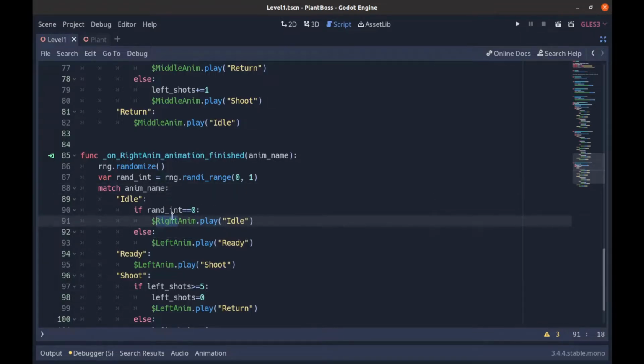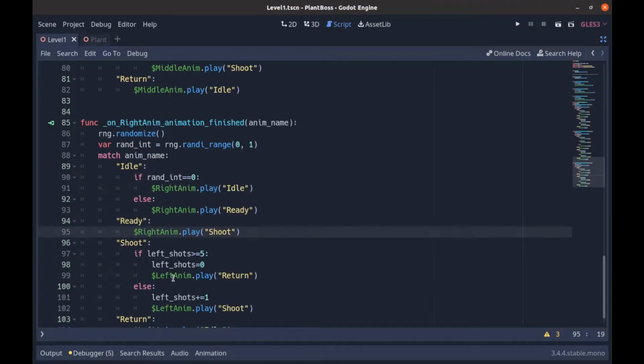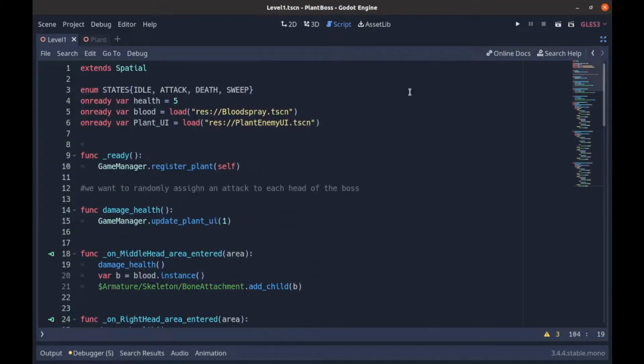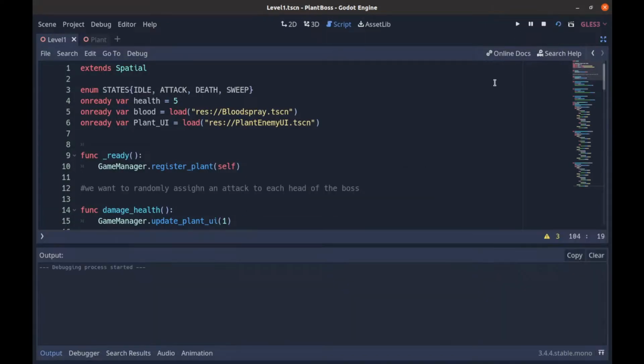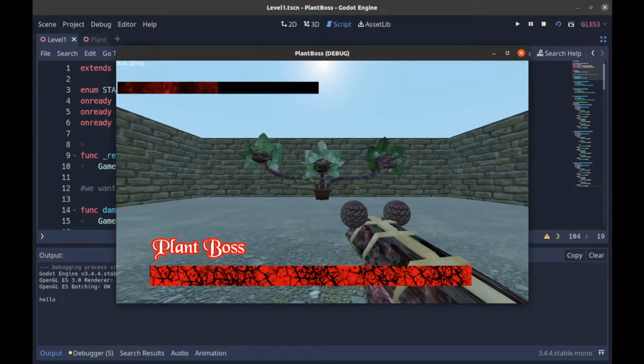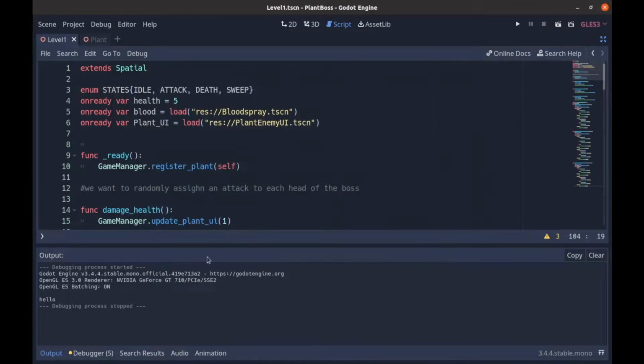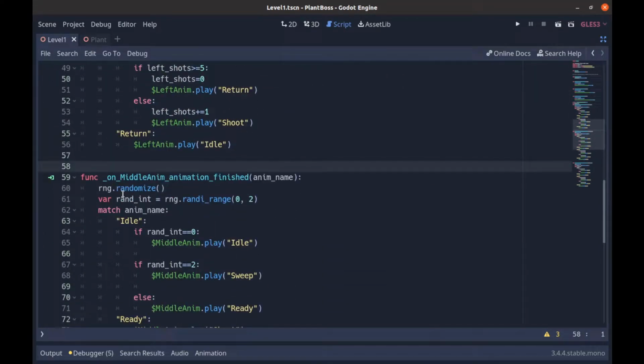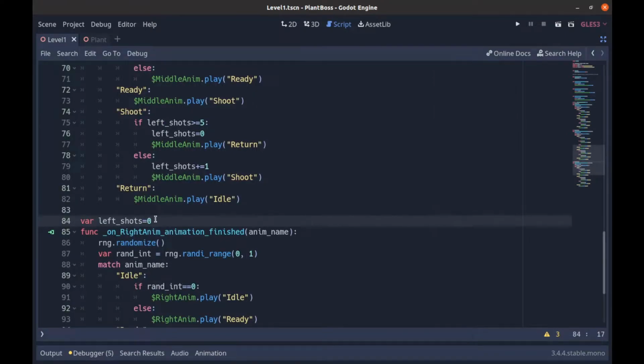So Control C, Control V, Control V, Control V, Control V, and then Control S to save. We'll go back up and we'll just run the damn thing and see if it works. Nope. No, it shouldn't work because we actually have left shots, but we don't have right shots. So I'm just gonna save that real quick, put it down here, and we're gonna go